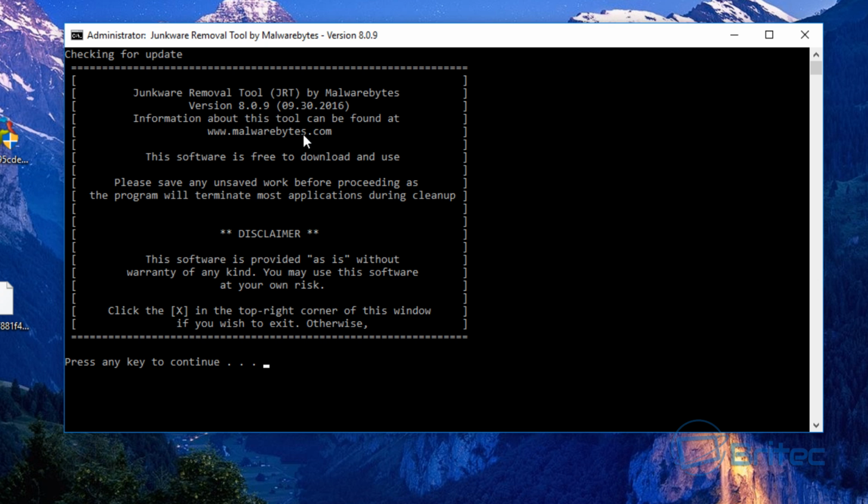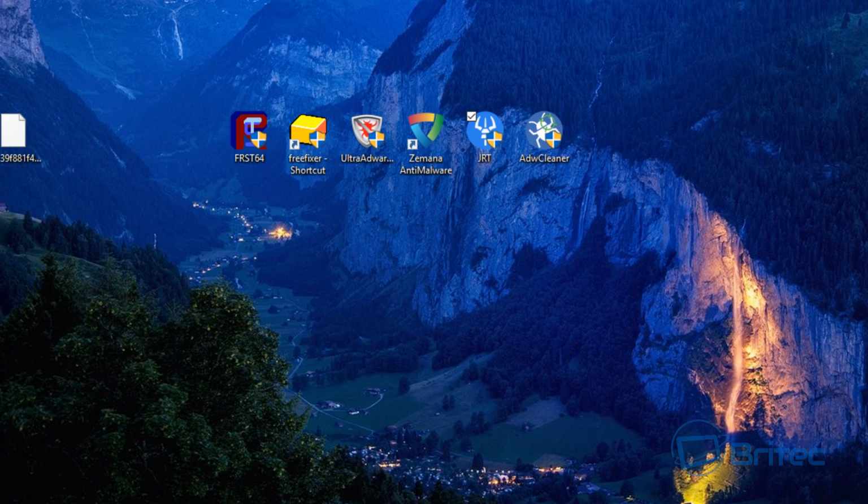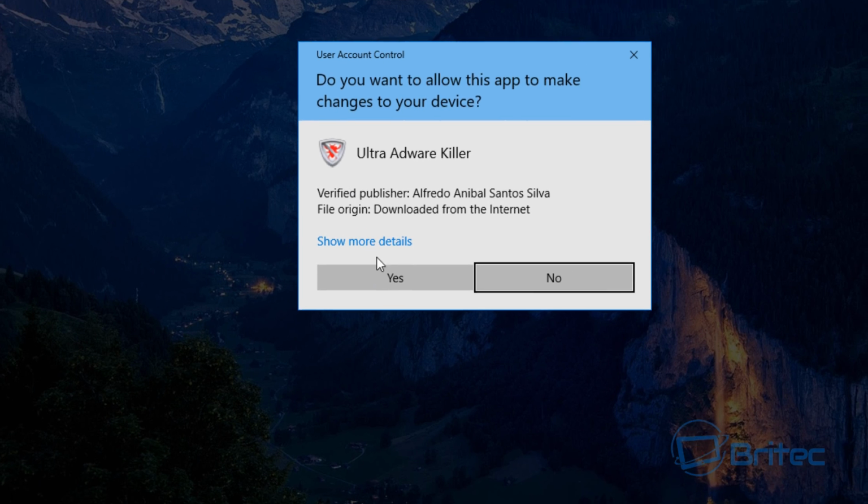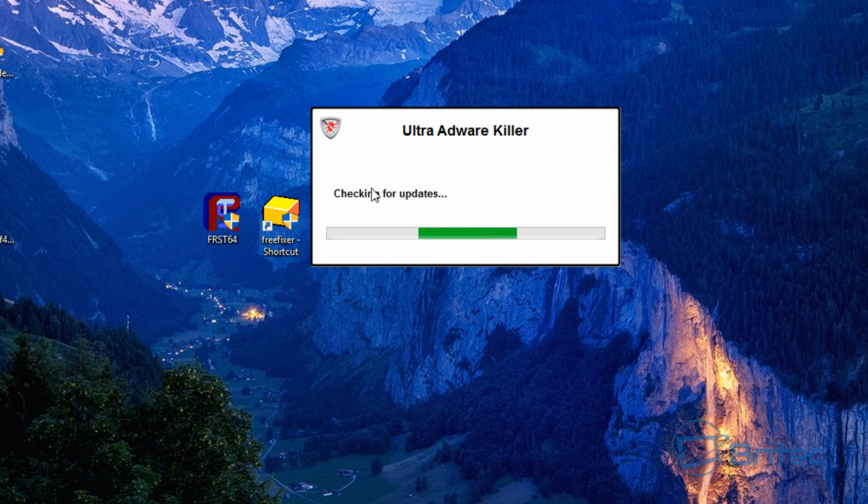And you can see it's now Malwarebytes in there. Also, this is like the Malwarebytes Anti-Malware program, but Zemana is another type of tool. We've also got Ultra Adware Killer as well, and you just click on this, and basically when you open this